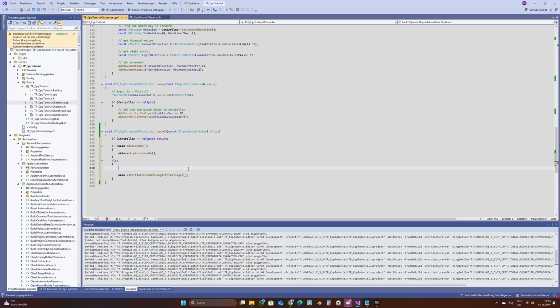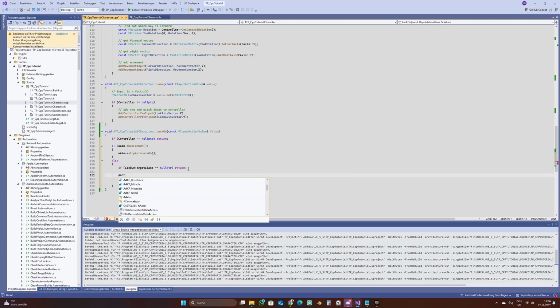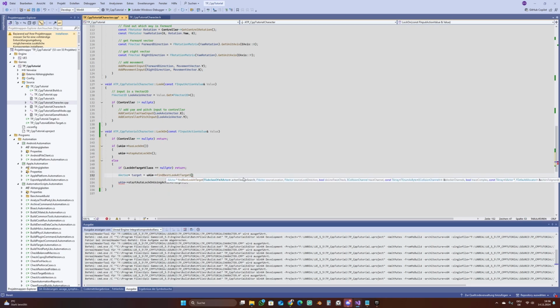So we take this, and if this is not set, we return, because we need this class to be configured so that we can use it. And the function from UAim that is going to return an actor is called UAim find best look at target, and here we need this class. But that's not everything. We need some other stuff, like a source location. And the source location in this case is the follow camera